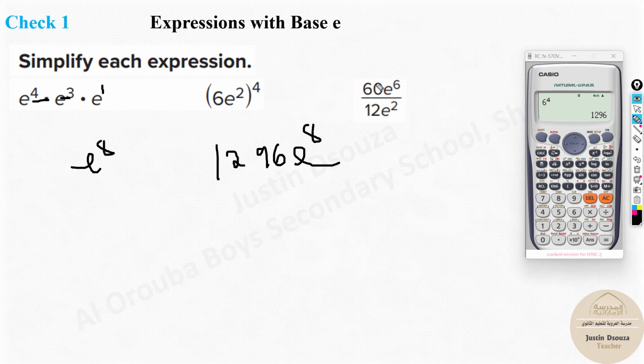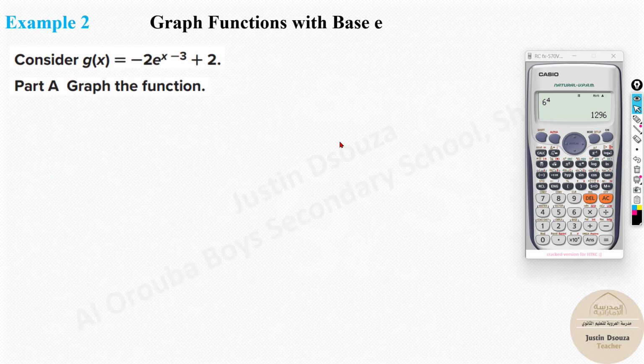Okay, and over here 60 divided by 12 is 5. e to the power 4, why? It's 6 minus 2. I hope these are clear. Here you just multiply the powers. 4 times 2 is 8, and 6 to the power 4 is 1296. In this case, you're just adding all the powers. If it was minus over here, it would be 4 plus 3 minus 1. In this case, all are positive, so we write it directly. Here it is 6 minus 2, that is 4. 60 divided by 12 is 5. So these are the answers. I hope everything is clear in this. Very basic.